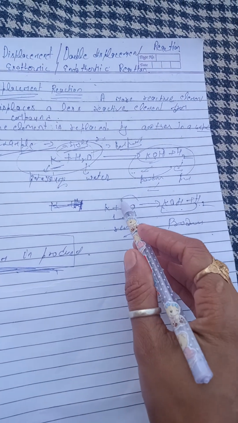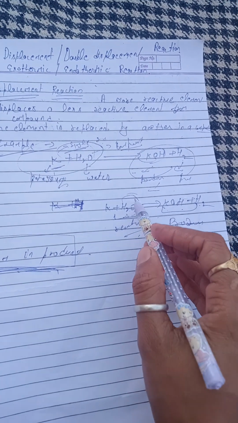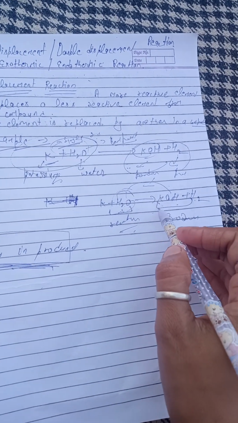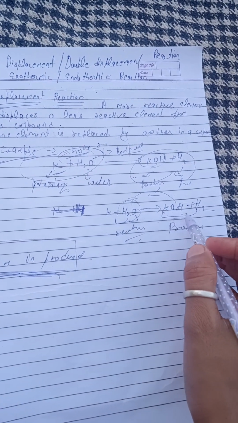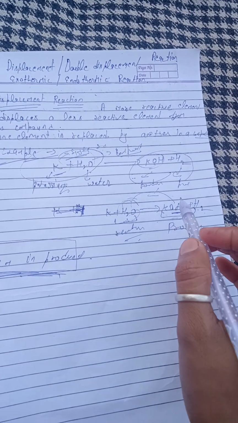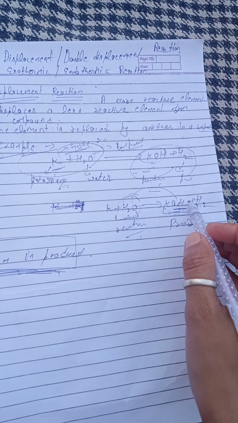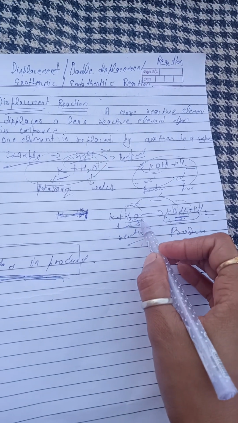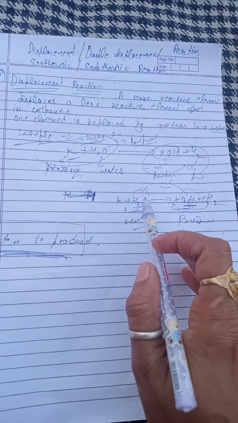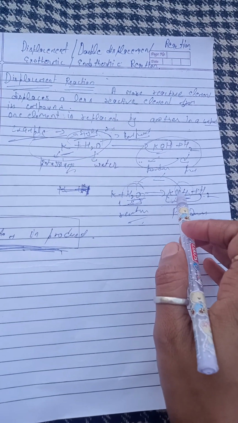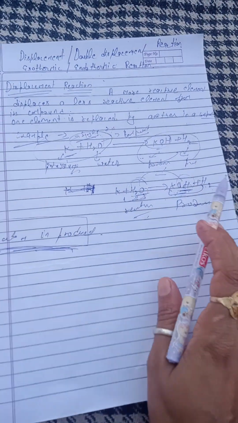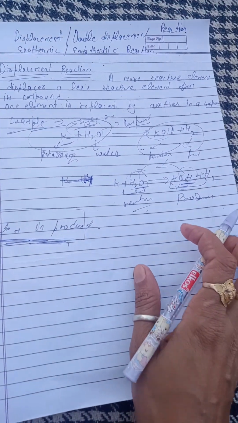Here OH is displaced from H2O and OH combines with the potassium, so we can say that we get KOH plus H2. In the KOH, the OH is displaced from the H2O, so we can say that when a more reactive element displaces a less reactive element, then it is called the displacement reaction. In the same way, the other example is